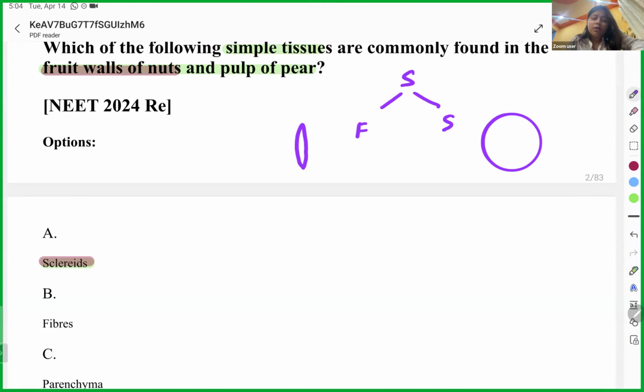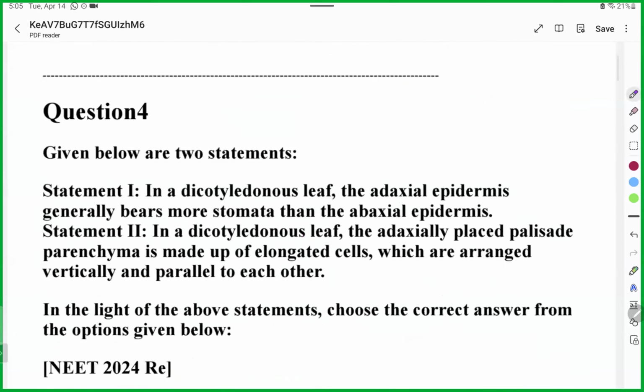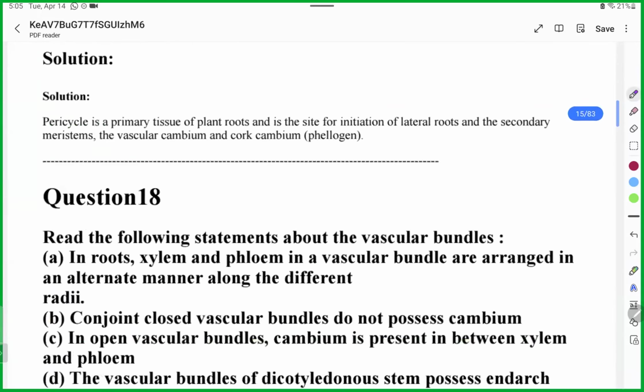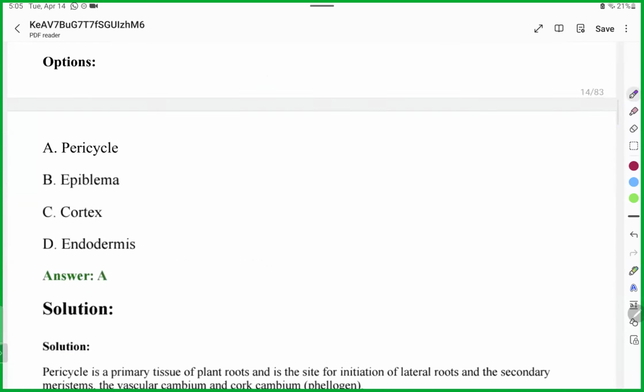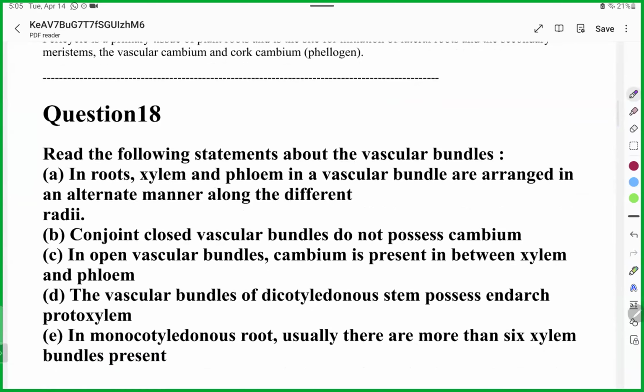तो सर फाइबर्स के लिए दोनों ही डेड क्वेश्चन हो जाएगा? जैसे इसमें बोला है कि फ्रूट वॉल्स ऑफ नट्स, तो हमने इसमें स्क्लेरिड लगा दिया, बट इसमें दोनों स्क्लेरेनकाइमा दे रखा है, फाइबर और स्क्लेरिड्स. तो फाइबर्स के लिए क्या कंडीशन होगी? फाइबर्स लाइक धागे से बनते हैं ना, जैसे जूट में हमने बोला था जूट फ्लैक्स. तो उसके अंदर यू सी द फाइबर पार्ट. ओके, हाँ, बिकॉज वो फाइबर ही तो है अल्टीमेटली. यस. तो यू कैन सी सर कि फाइबर सेम. तो फ्रूट में भी होता है। फाइबर फ्रूट में बिल्कुल हो सकता है। तो एग्जाम में आ सकता है, स्क्लेरेनकाइमा भी पार्ट हो सकता है फ्रूट में। अभी फ्रूट पल्प में हमने देखा ना, यही था।